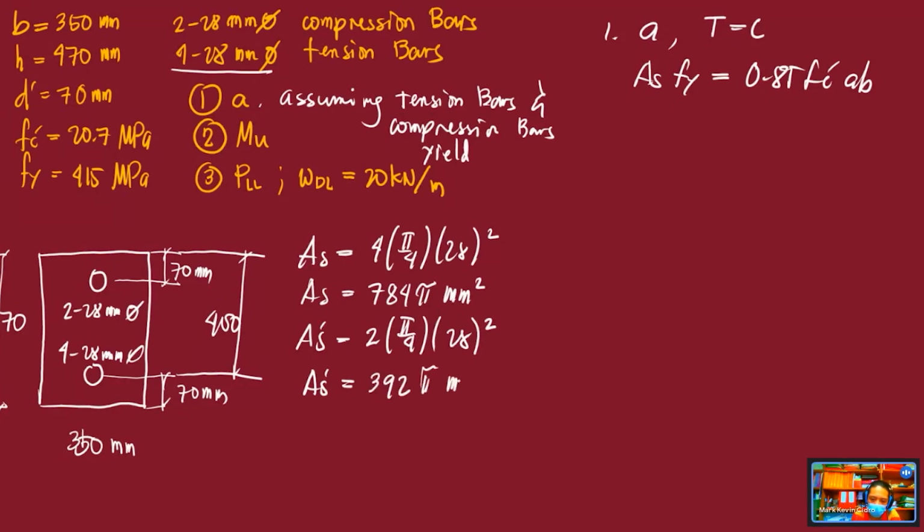392 pi squared. Okay, so you have the value for AS and AS prime. Now we assume that it is singly reinforced. Step number 1 is singly reinforced. And even though there is reinforcement on top,